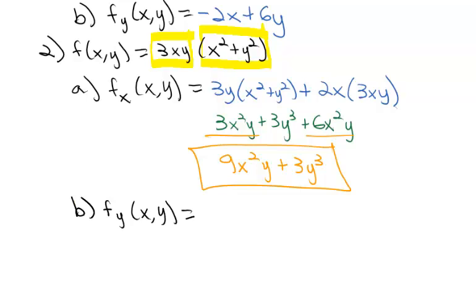Again, here we're going to take the derivative treating the x like a constant. It's still a product. So 3xy is the first factor. X squared plus y squared is the second factor. So we take the derivative of the first, treating the x like a constant. So we have 3x times the second, x squared plus y squared, plus the derivative of the second. This time we treat the x squared like a constant. It goes to 0. So we have 2y